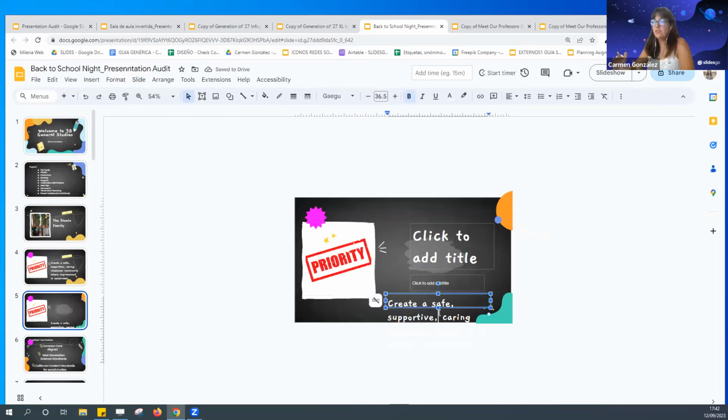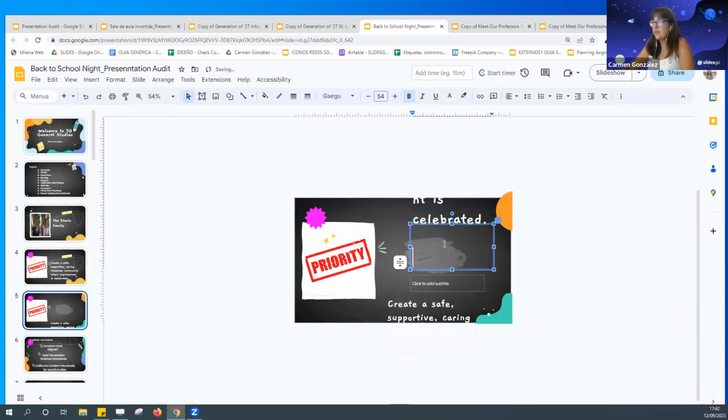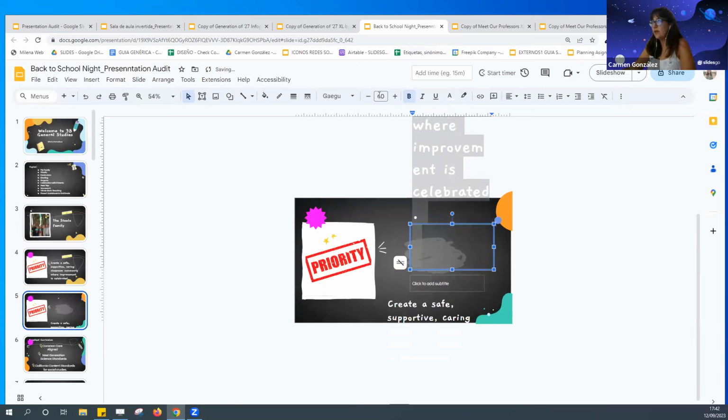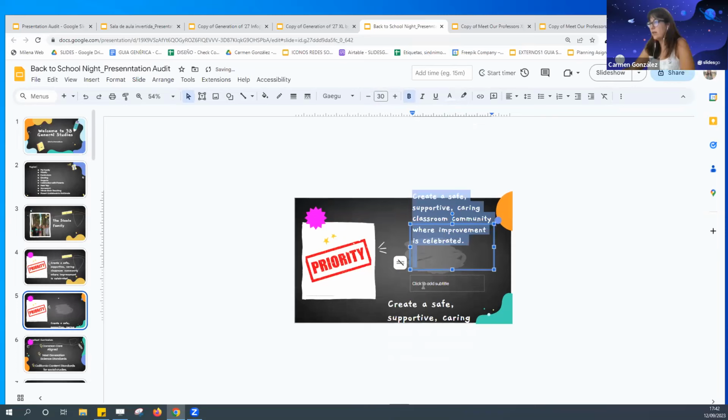Of course, if you change the layout, sometimes the text can do something very unexpected, but I just need to copy this text. I paste it here. I recommend you be in Do Not Autofit, because it's going to be easier. And as you can see, the text is at 60, so it's not going to be showing because it's very big. So